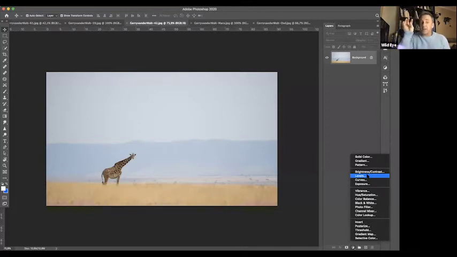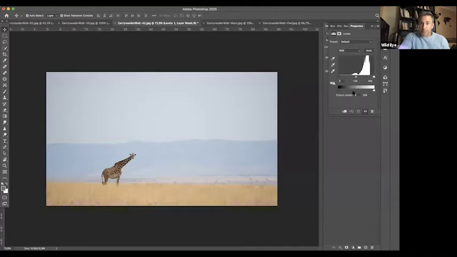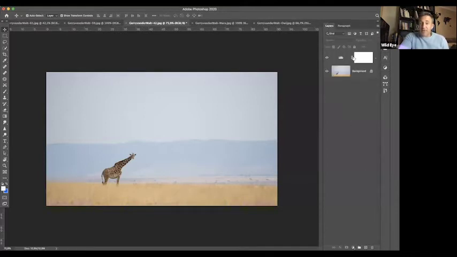Watch. Boom. So you see, there's my layer at the top now, and down here you've got the background. This is fine, but personally I prefer to work on a separate layer. But for now, we can do this. This is one of the adjustment layers.